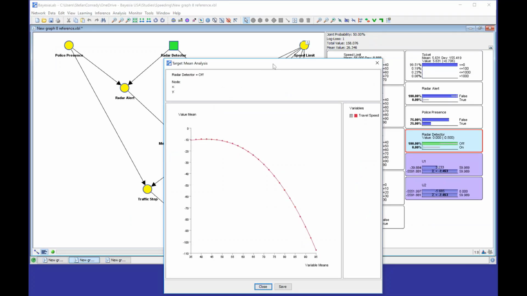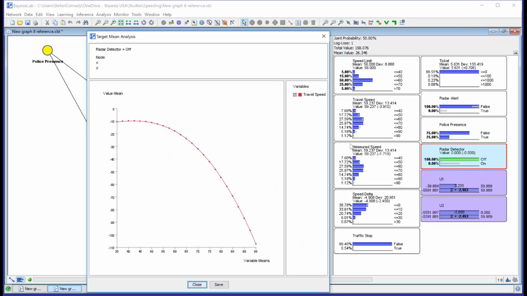So this is with radar detector off. And assuming the given distribution of speed limits, I can basically say here up to a certain point, perhaps 60, 65, my utility is at a plateau. And after that, not surprisingly, I run into the risk of getting caught speeding and the fines pile up and so on. So my expected value goes down.